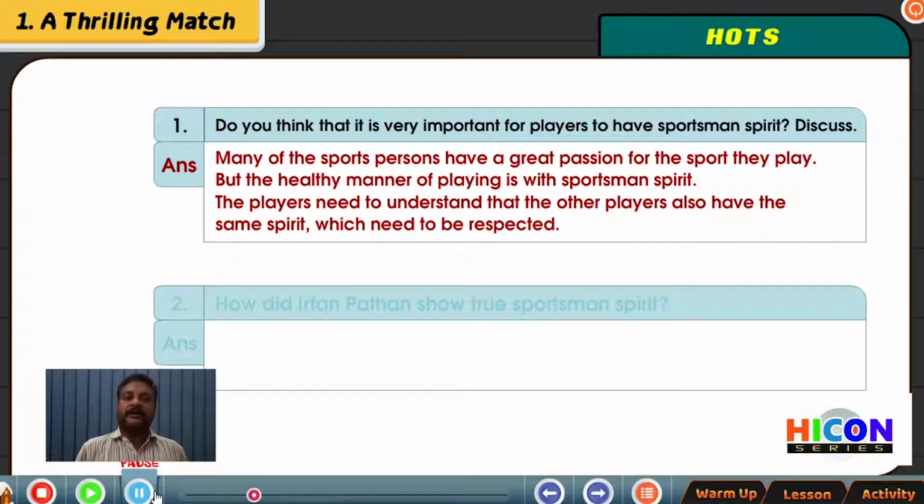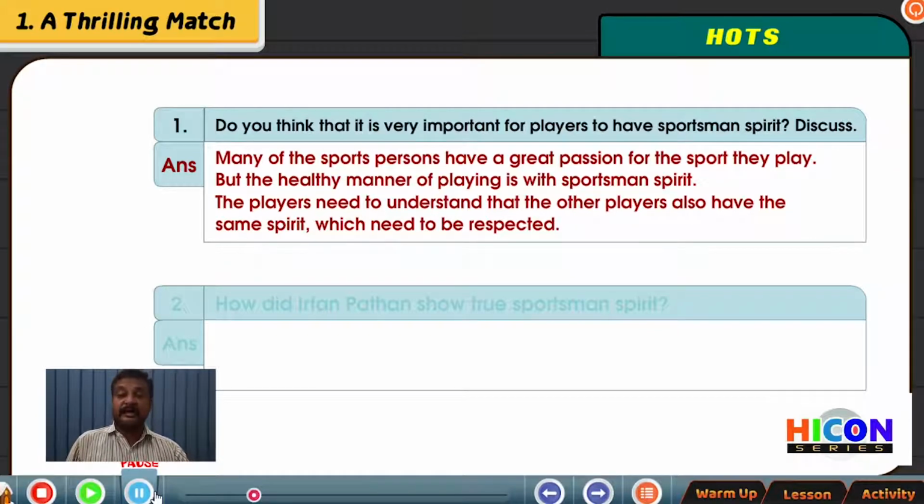We also play a lot of games, either cricket or football or whatever that is, with our friends, and there will be some quarrels. Sometimes they may say we are out and we may not be out, and it doesn't mean that we need to quarrel with them. When we quarrel with them, what happens? They become angry with us, and that is not a good thing. We should be able to understand how other people are also involved in these kinds of things. Okay, and that is how we respect each other, and value their feelings also.